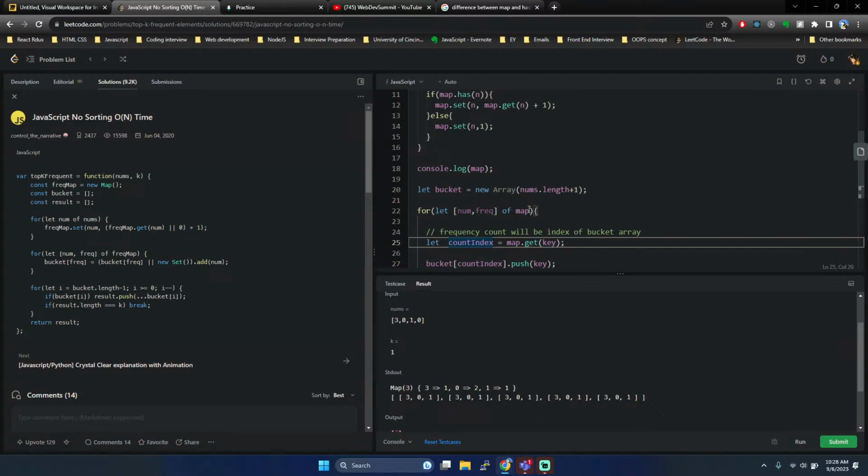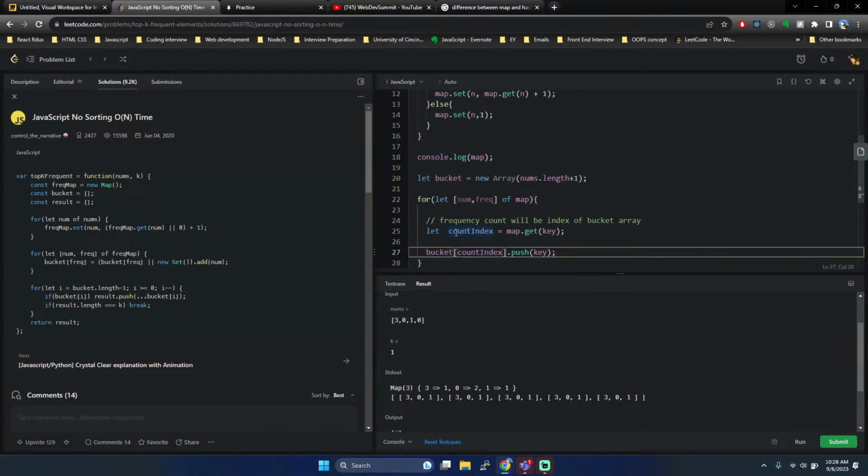So bucket, my laptop is not responding. Frequency equal to bucket frequency or new set, add num. Okay, so here what he is doing is